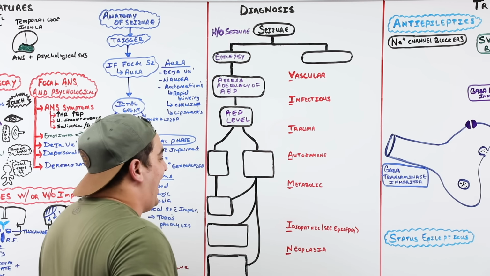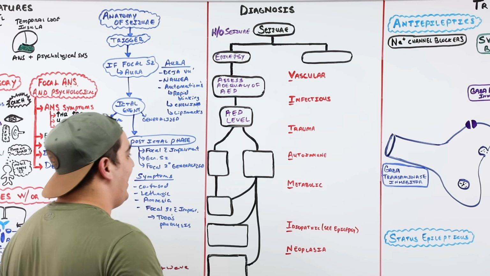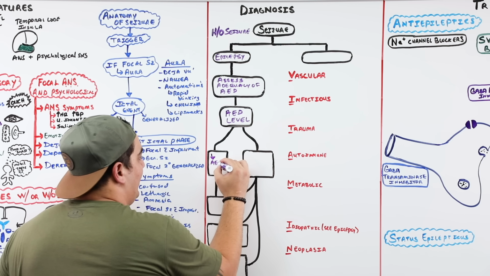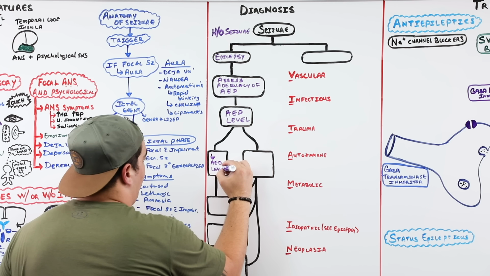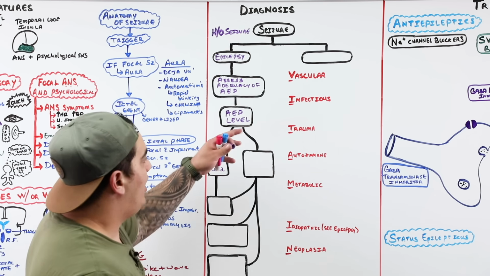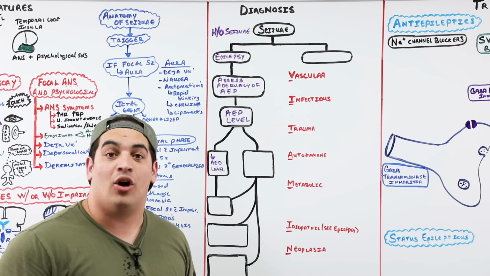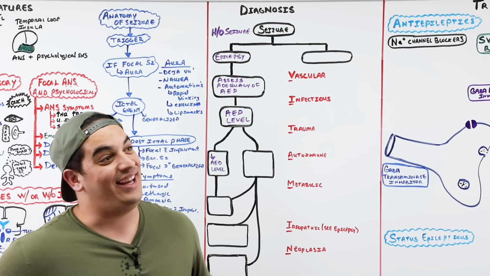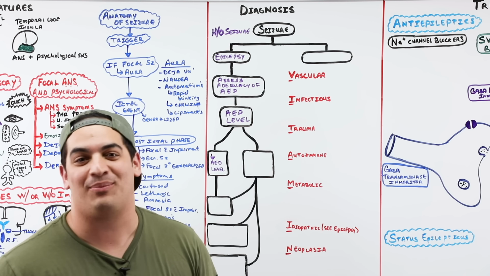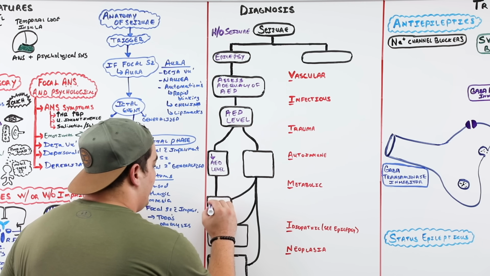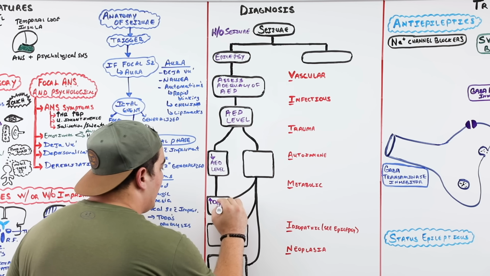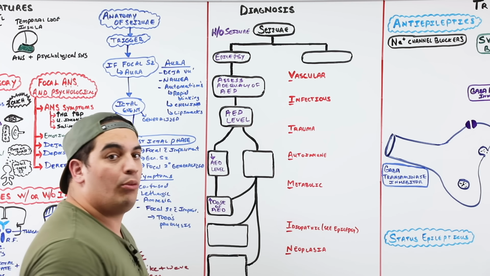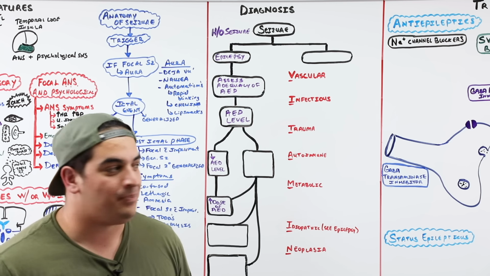If you check the AED level and it is low, they have a low AED level. So let's say that, for example, they're on phenytoin. You get a phenytoin level, and it's subtherapeutic. What do you do? You increase the dose to get it into the therapeutic range. So increase the dose, and maybe that was the reason that they seized. They just weren't actually within the appropriate therapeutic range of their AED.